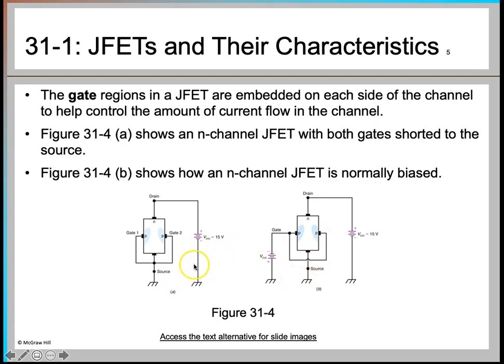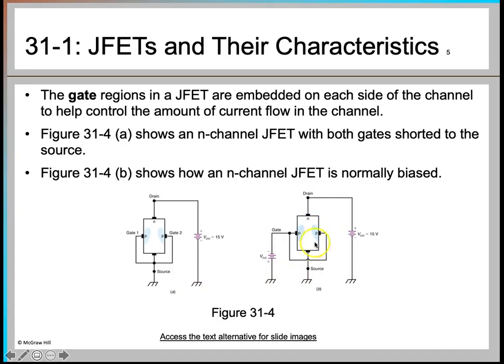Now the difference between these two circuits is that in this circuit we are providing a negative gate to source voltage, which is called your VGS, whereas here there is no negative gate to source voltage. Instead your VGS is basically 0, or you can say your VGG, your gate to gate voltage, is 0 because it is grounded. So that's your first case when your VGS, gate to source voltage, is grounded, and this is the second case when your VGS is negative. And we are going to see what will be the impact of these two different types of voltages on the